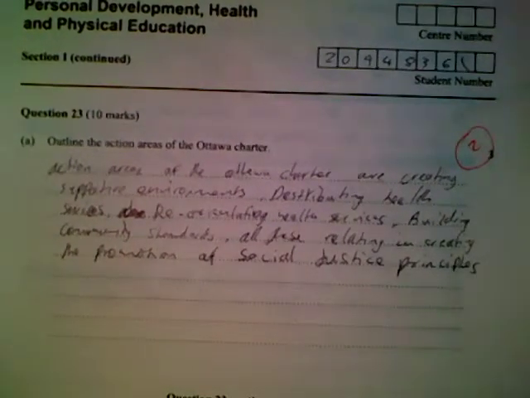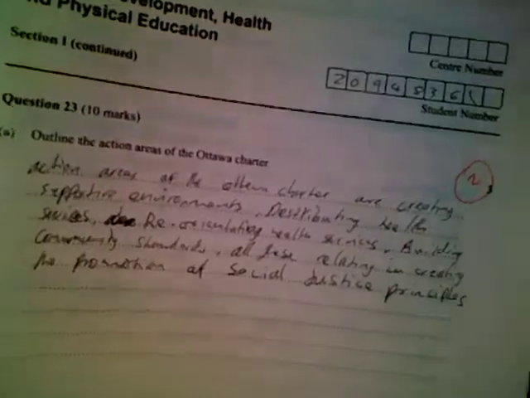We know that outline means to sketch in general terms, to indicate the main features of. This person obviously hasn't been able to do that. They've just listed as opposed to indicating the features of the different areas of the Ottawa Charter. If we have a look at a better response,